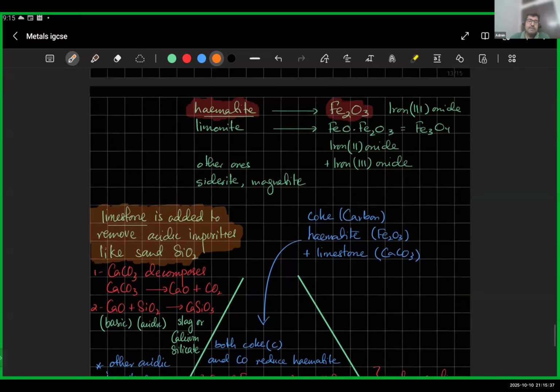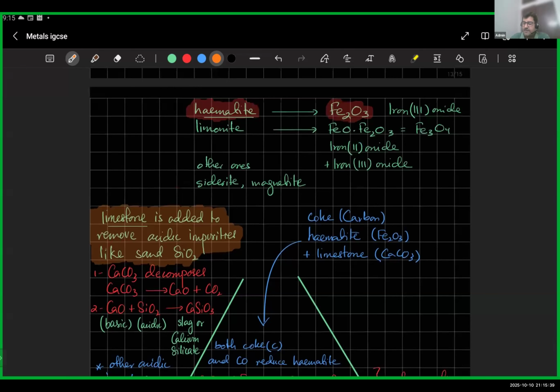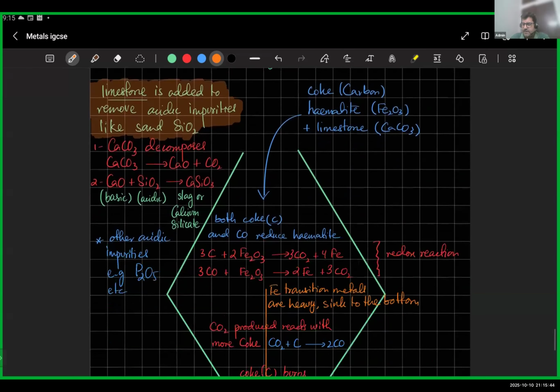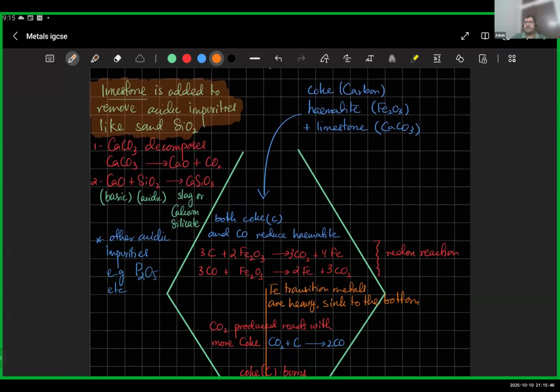And you remember this is something that's very important. You can get 10, 15 marks. It's a question that comes very, very often. It's better to complete the blast furnace questions first. There's one last thing which is